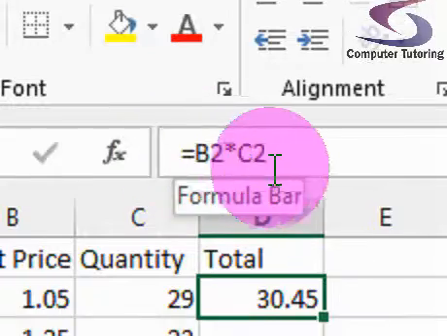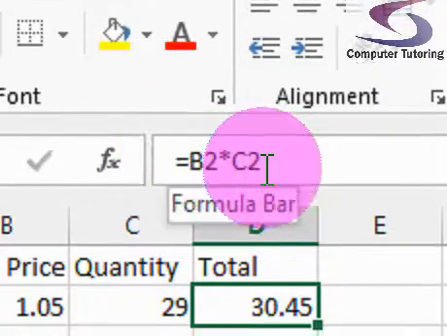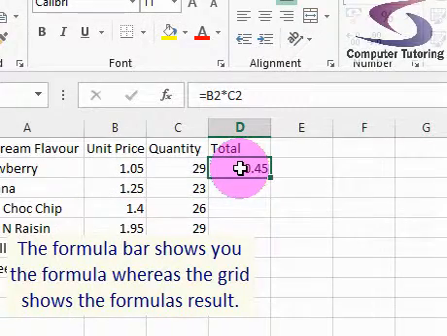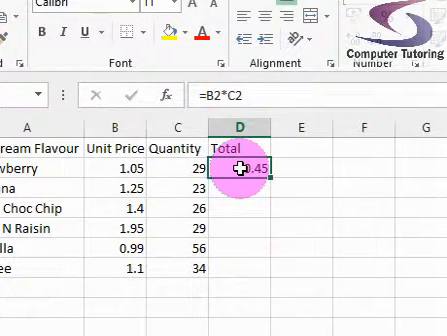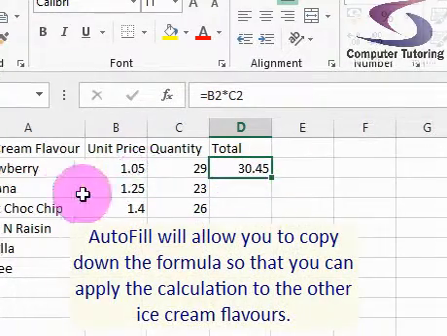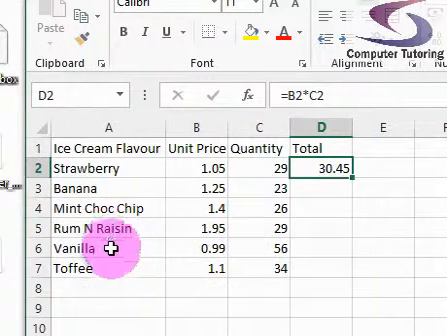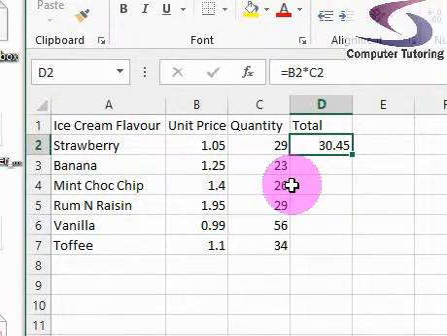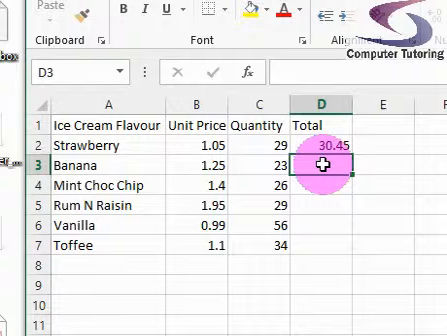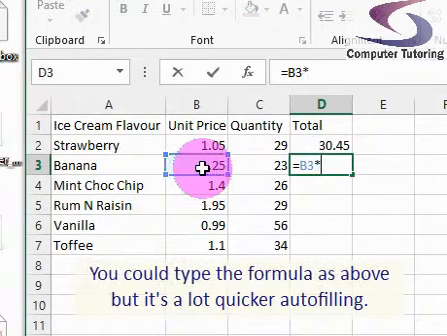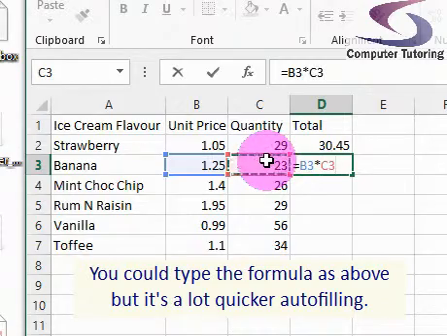Just zoom in one little bit here, just to show you at the top. You see this bit here is the formula bar. That will show you the formula. Down here in the grid will show you the results. That's good. Excellent. So what autofill is, it's a way that you can copy down this formula so that it applies to banana, mint choc chip, rum and raisin, and for the other, vanilla and toffee. So instead of actually clicking on each one of these individually and typing equals B3 multiplied by C3,